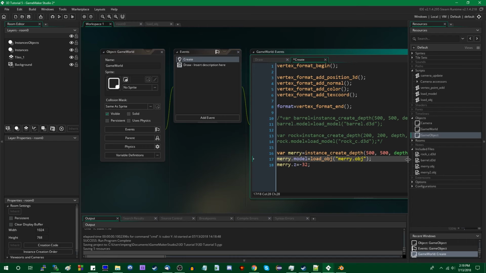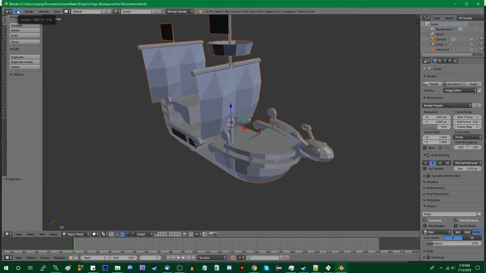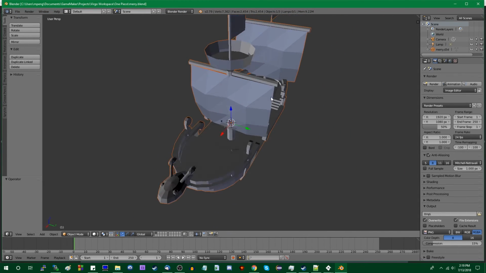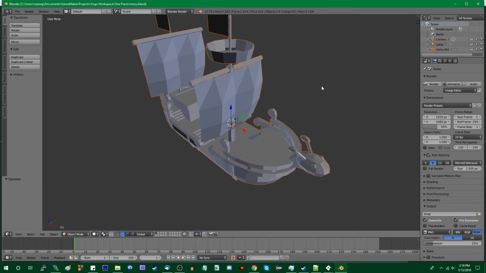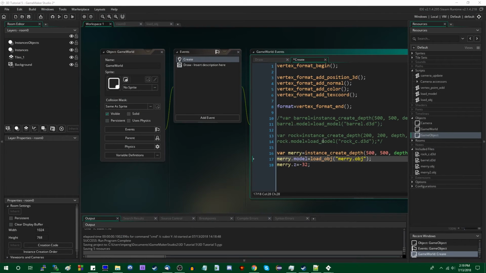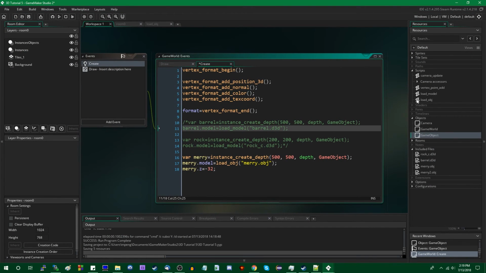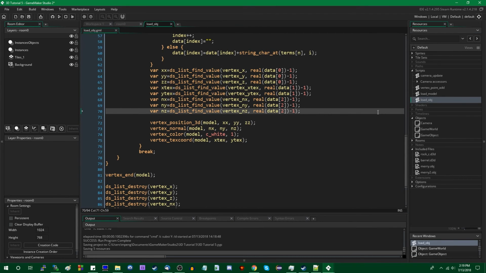Alright, now if I load Mary.object, if you don't want to have to go into Blender every time and change the export settings, because for whatever reason I don't think there's a way to permanently set your export settings for OBJ, you could go into load object and do a little swap operation.